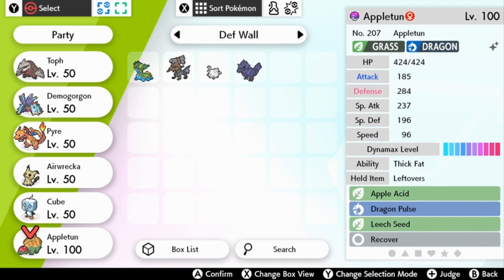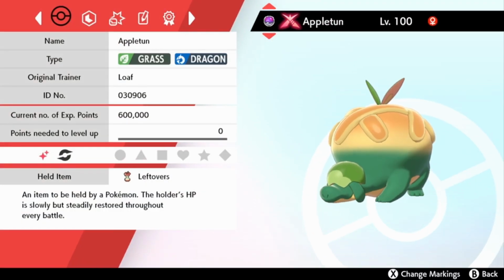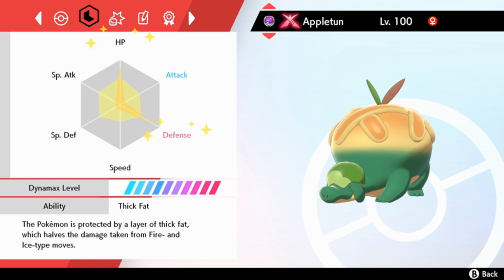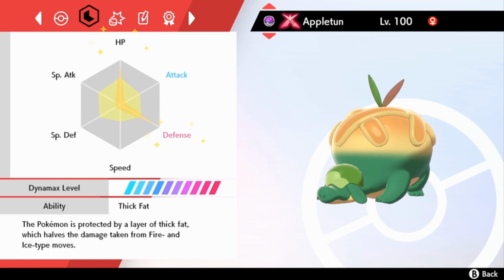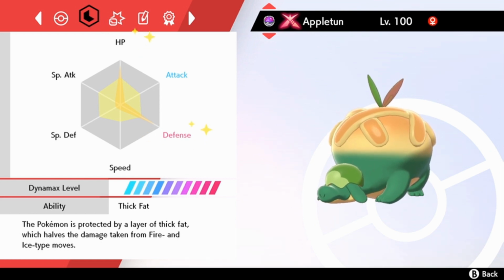As I mentioned, Toxapex was my special defense wall, so now I will go into my physical defense wall, my Appletun. Let me see his EVs. Yep, his EVs are HP and defense. So he will absorb a lot of physical attacks, especially ones that he can resist. He is grass and dragon, so he can resist grass itself, or even